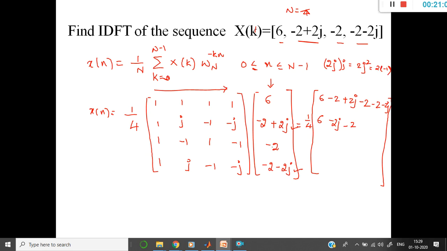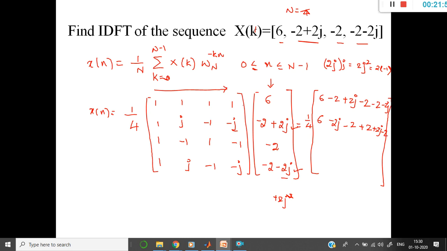Am I clear? So minus 1 into minus 2, that is plus 2, minus j into minus 2 minus 2j. So what will be the final answer here? So this will be probably plus 2j minus 2, right? Minus into minus is plus, so therefore plus 2j, okay, minus j into minus, that is plus 2j square. So this becomes plus 2j square. Since j square equals minus 1, the final answer will be 2j minus 2. Is that clear?